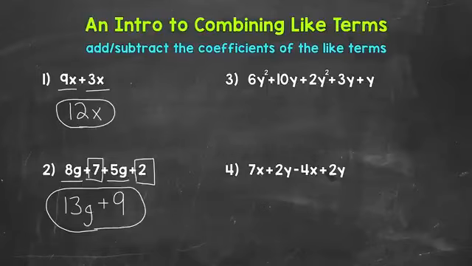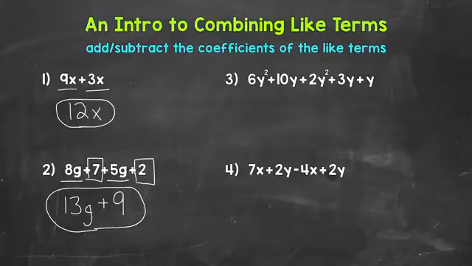We were just able to simplify the original expression by combining like terms. We started with 4 total terms, but we were able to combine like terms, and now we only have 2 total terms. Let's move on to number 3, where we have 6y squared plus 10y plus 2y squared plus 3y